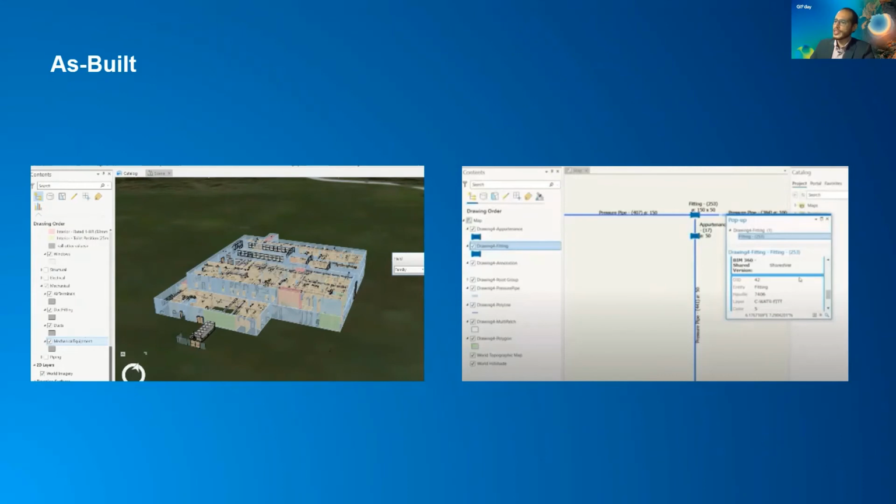So we need these updates to be automatically updated on the design to have an accurate as-built